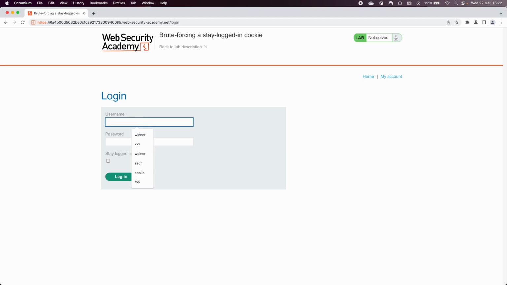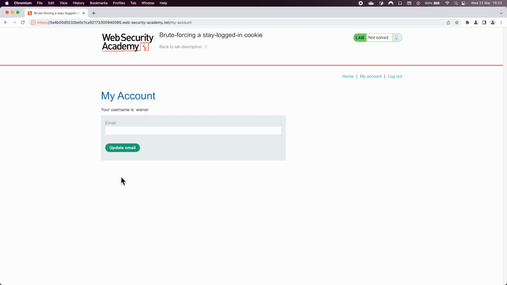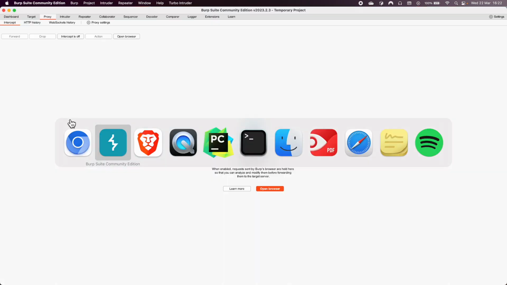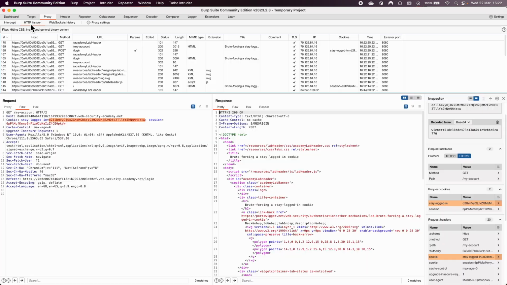Okay, so I'll log in as wiener:peter so we can capture the traffic. And you'll notice I've got in successfully and there's an update email button here, which I can search for in my results to know that my intrusion has worked. Okay, so if we go back to HTTP history, we can see